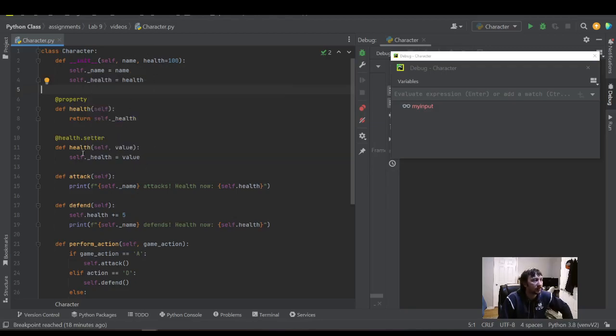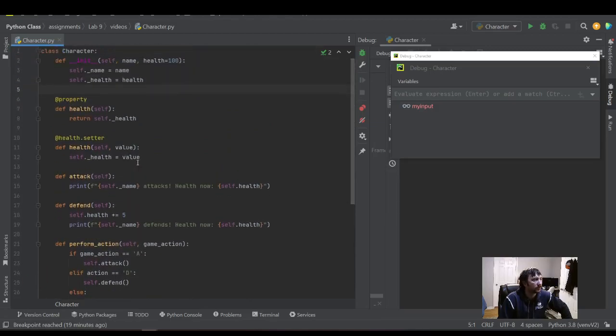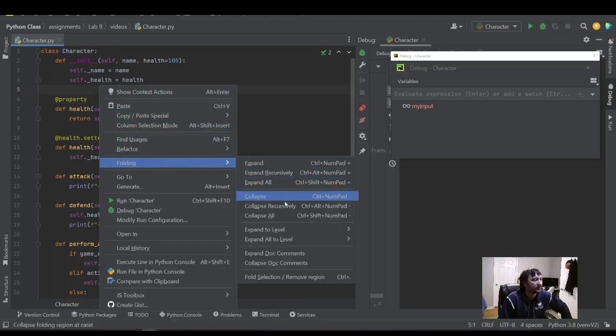I did a little bit of coding up to this point, building up this character class that we have on the left here. If you want, you can go watch those previous videos. Otherwise, if you're comfortable with what you see here on the screen, I'll scroll to the bottom so you get a good sense of everything that we've worked on so far. If you're comfortable with this and you're focused on learning about dictionaries and first class functions, we're going to jump right into that. So first thing I'm going to do is collapse this code